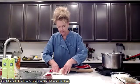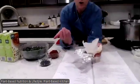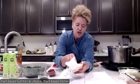Whole head of garlic. So I have it in parchment paper, so we don't absorb any of the aluminum foil. I've actually just taken it sometimes without worrying about the aluminum foil and the parchment paper. I'll just take the bulb here and I'll just put it right on the